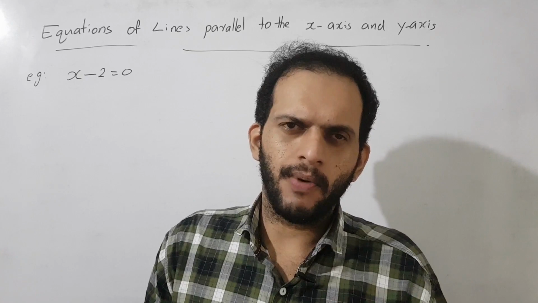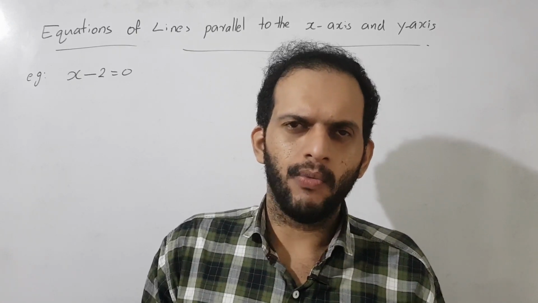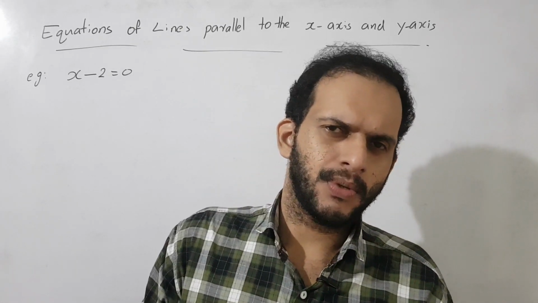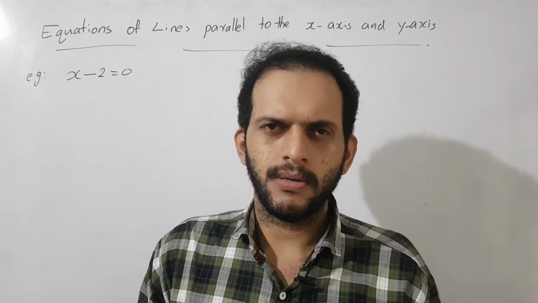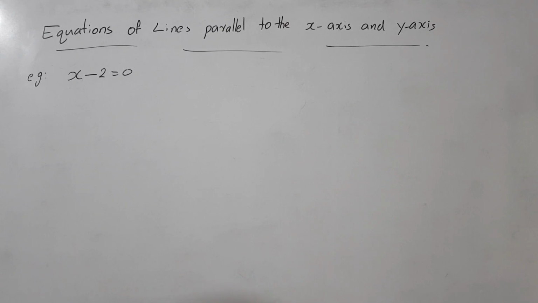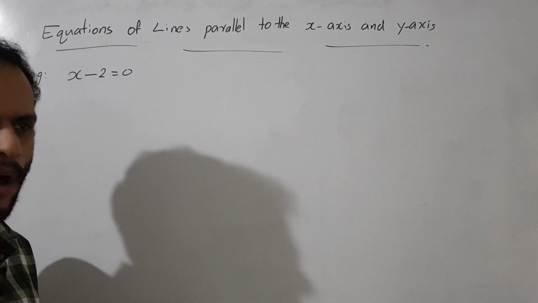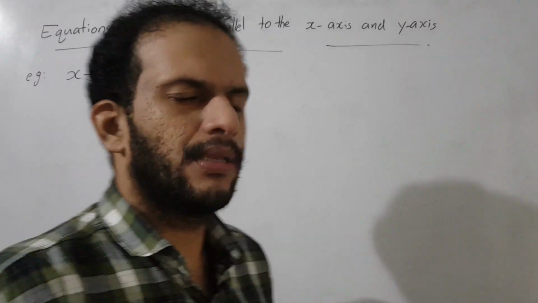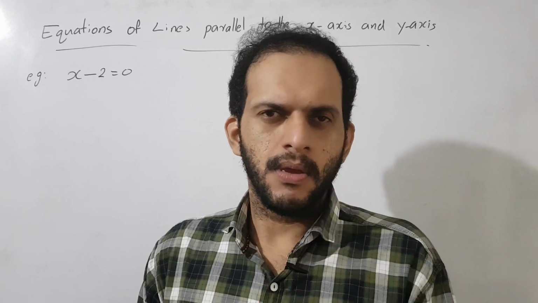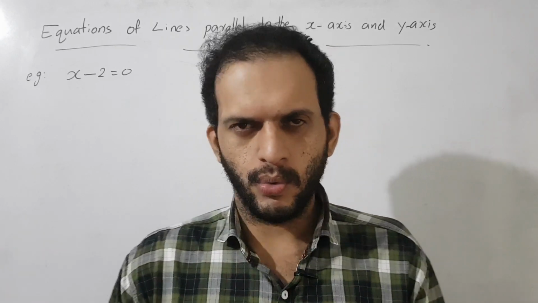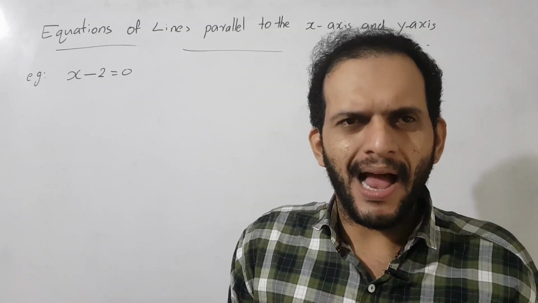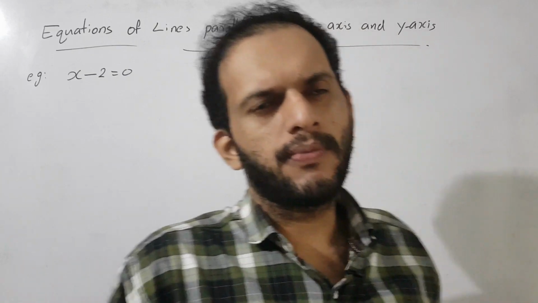Before finding the solutions, we check whether the equation is in the standard form. Here we have the terms with x and y and a constant. No, correct. This one is x minus 2 is equal to 0. Here we do not have the term containing the variable y. We know the standard form of a linear equation is ax plus by plus c is equal to 0. But here we do not have the term with y. So for explaining the idea, I will first convert the equation to standard form.